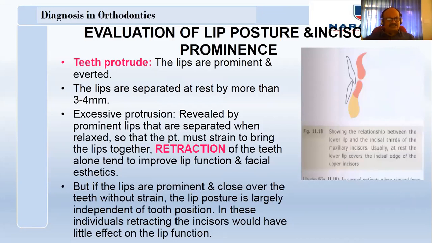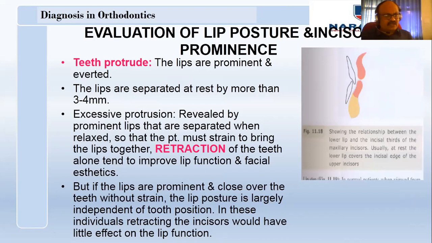So whenever these teeth are proclined, the lips become what is called incompetent. Likewise, the tightness or the taut of the lips keeps the inclination of the incisors in a normal condition. If the lips become loose, there will be proclination of the incisors. So whenever there is proclination, you have to retract back the incisors. Whenever incisors are retracted back, the competence decreases.